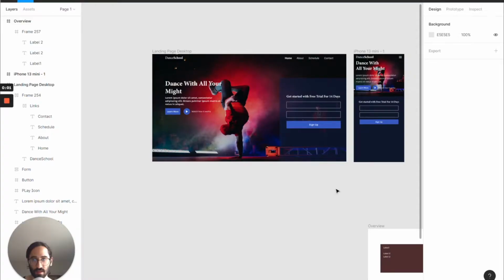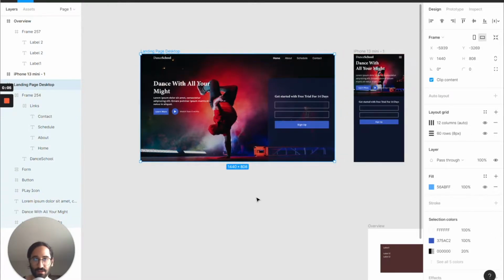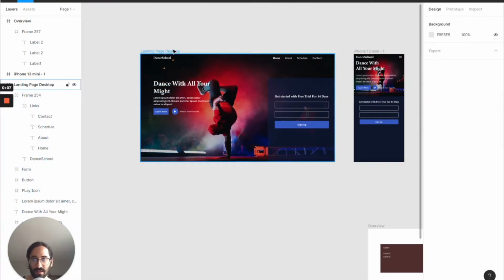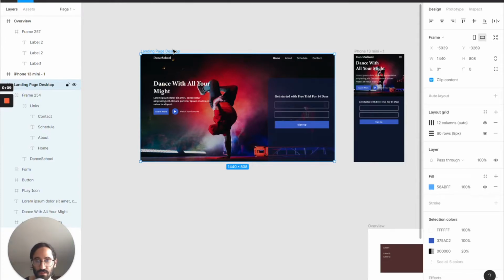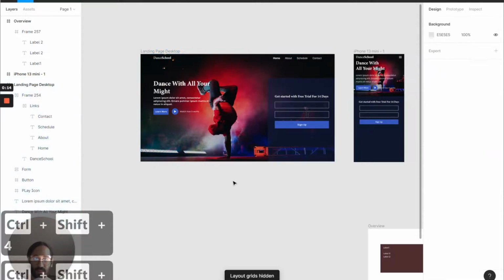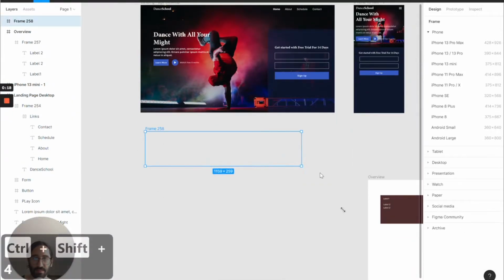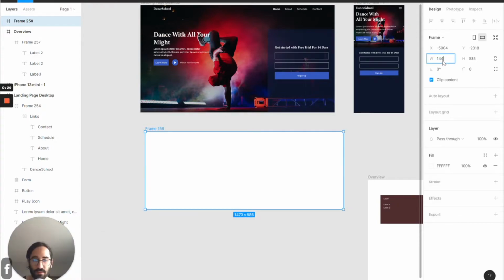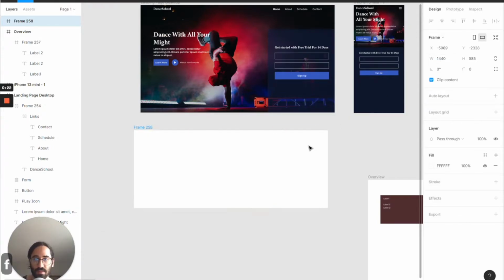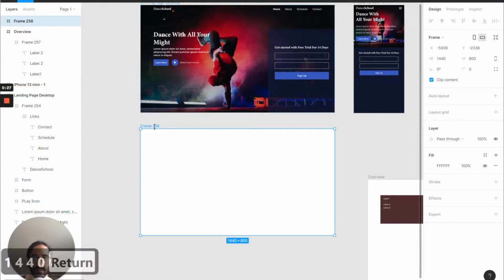Alright, so let's go on and create the desktop version first of this landing page, and we are going to use our layout grids. As you can see, I'm going to press Ctrl-Shift-4, and these are the layout grids we are going to use. But to do this, I'm going to first press F to create a frame, and I'm going to draw, and it's going to be 1440 because this is a desktop width, and it's going to have roughly 800 pixels. And this is going to be the landing page